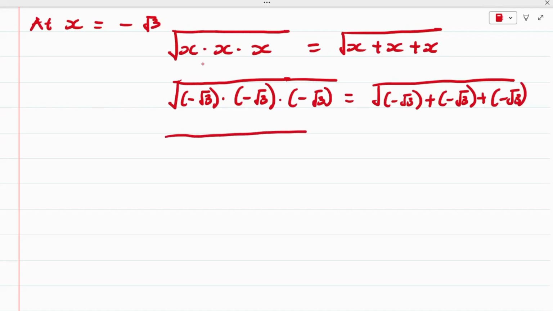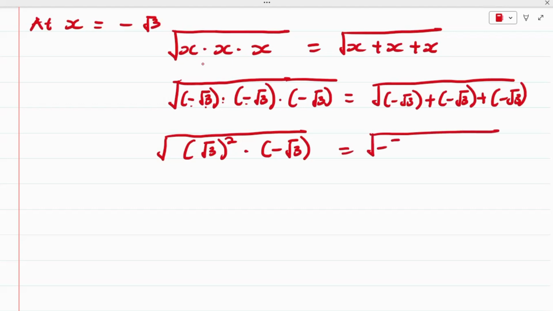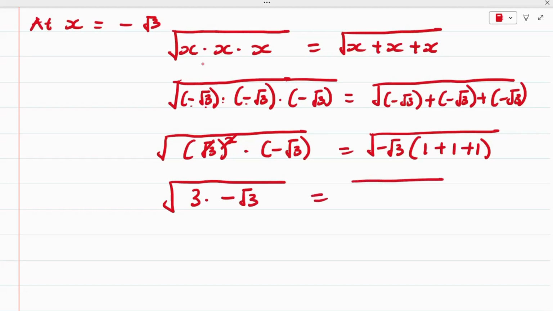So we have the square root of, if you multiply minus root 3 multiply minus root 3, we are going to have the root of 3 all squared multiply minus root 3, and this is equal to, so we have minus root 3 as the common term, and if we factor this out, we have 1 plus 1 plus 1. So this becomes the square root of, this is going to cancel out this, so we have 3 multiply minus root 3 is equal to the square root of